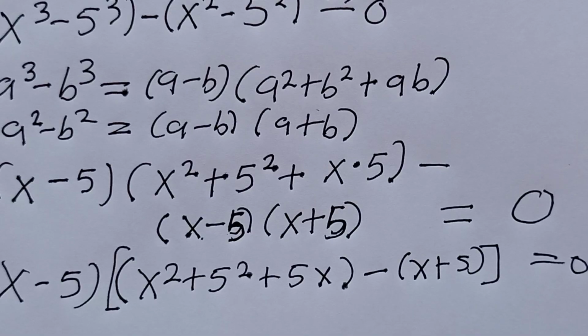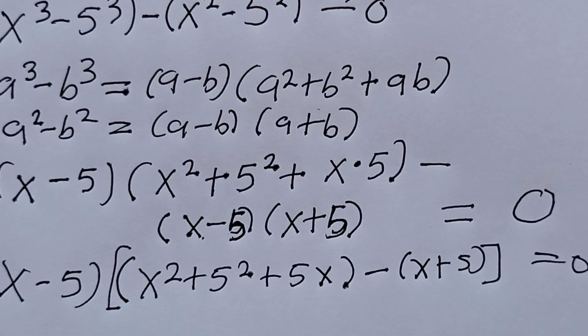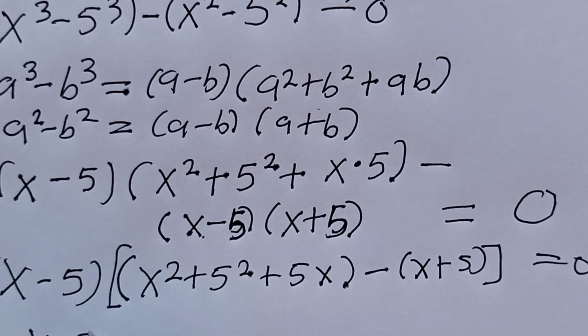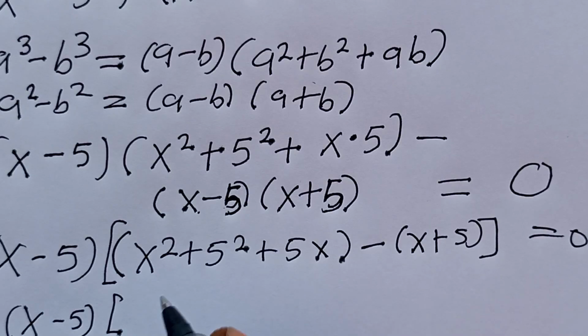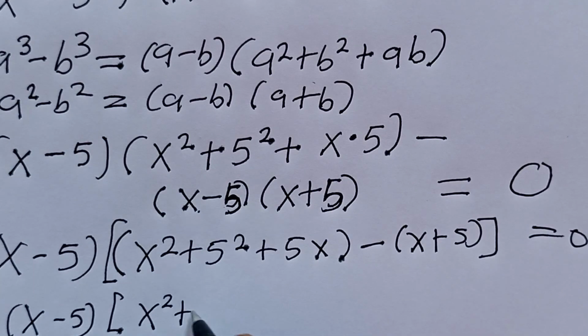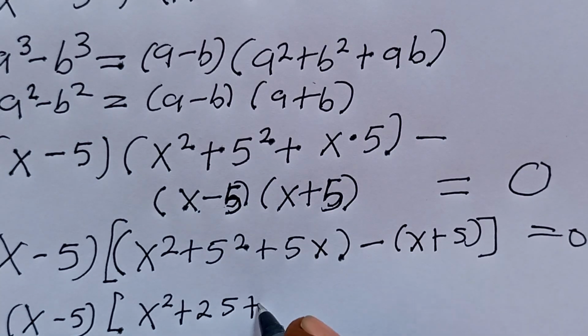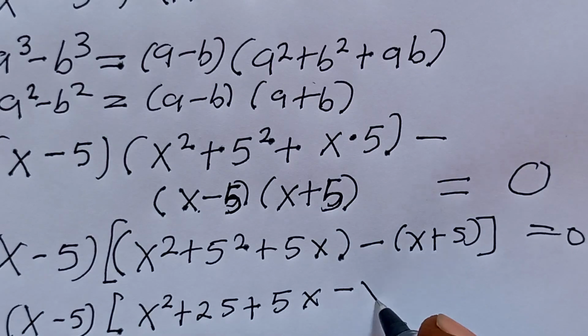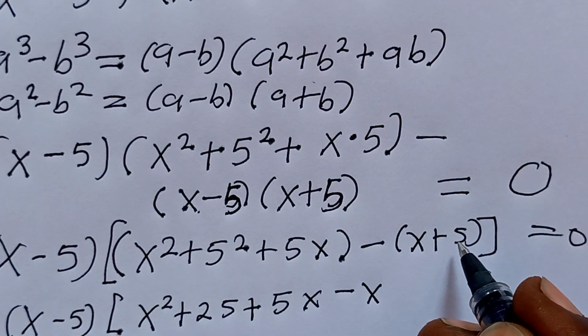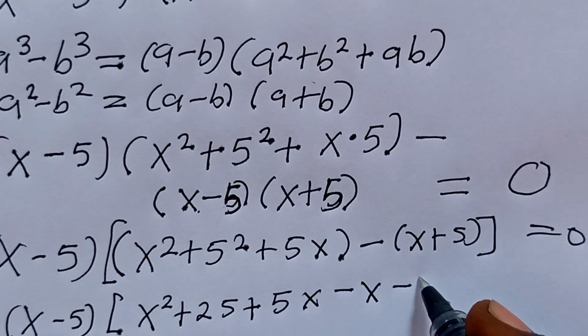All equals 0. This is what we have. Let's see this now. So we have x minus 5, all is outside of our bracket that we factored out. And now let's simplify this. This is going to be x squared plus 25 plus 5x minus x, because this minus affects all that is in this bracket, minus x minus 5